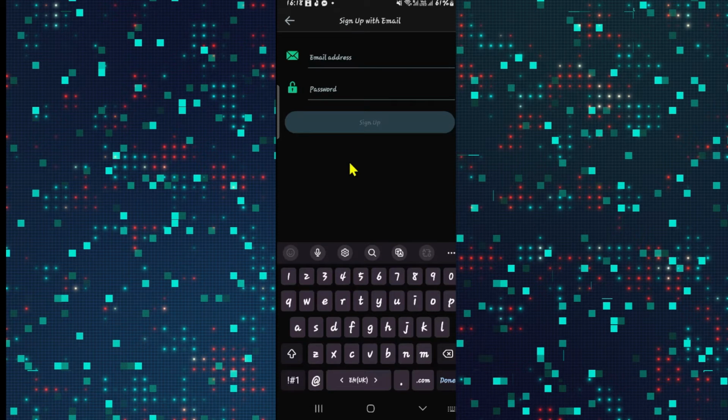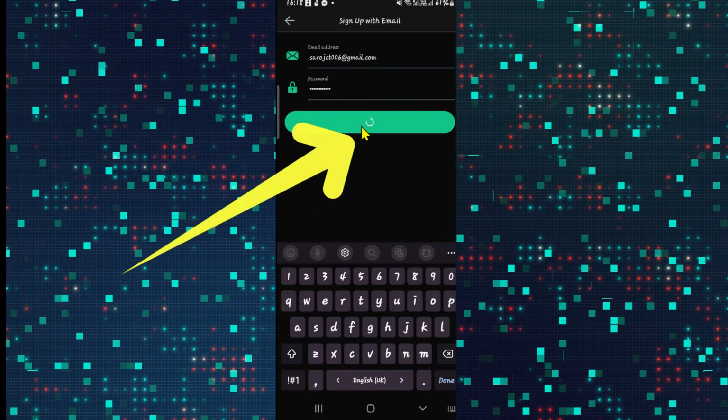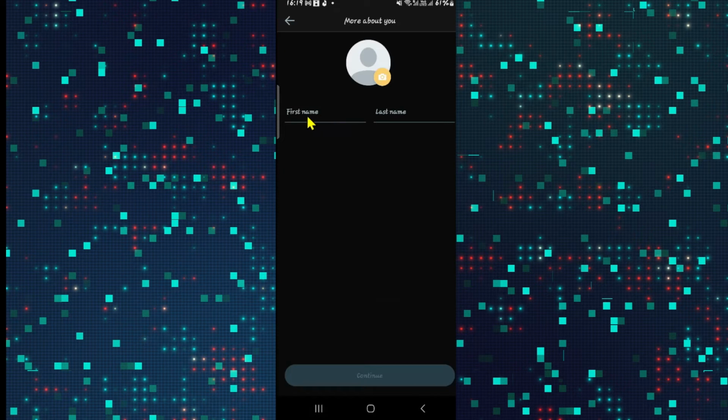You will now be asked to enter your email address. Just type in the email address that you wish to use to sign up for your account, and then enter your preferred account password. Then tap on the sign up button, and now you will be asked to create your